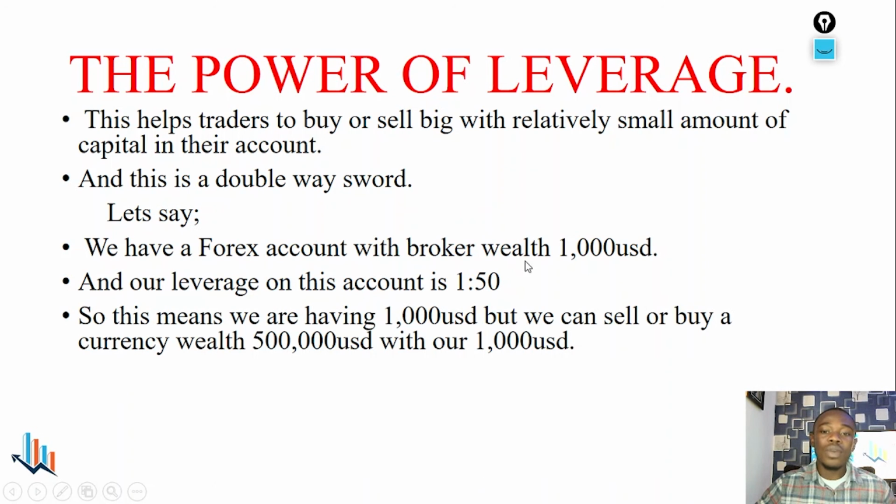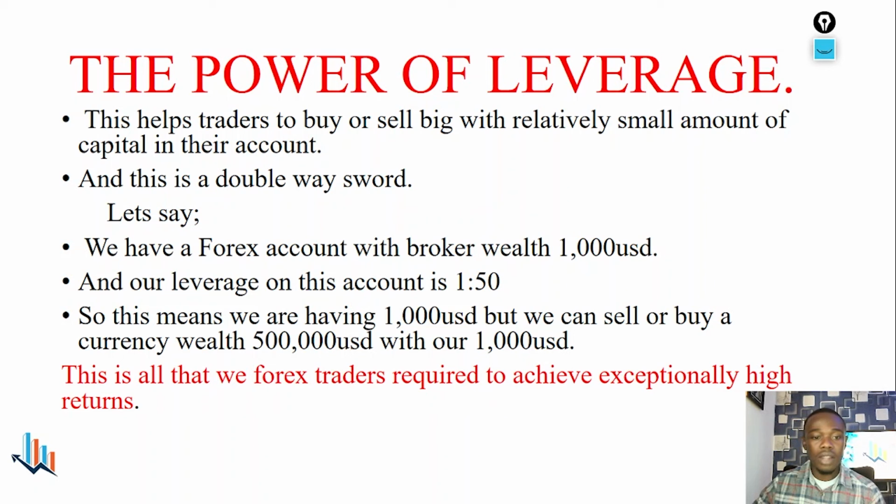So let's say we have an account with 1,000 USD and our leverage is 1:500. So this means we can sell or buy a currency worth 500,000 USD with our 1,000 USD. Understood? So we use small money to buy or sell big, and this is what forex traders use to achieve exceptionally high returns